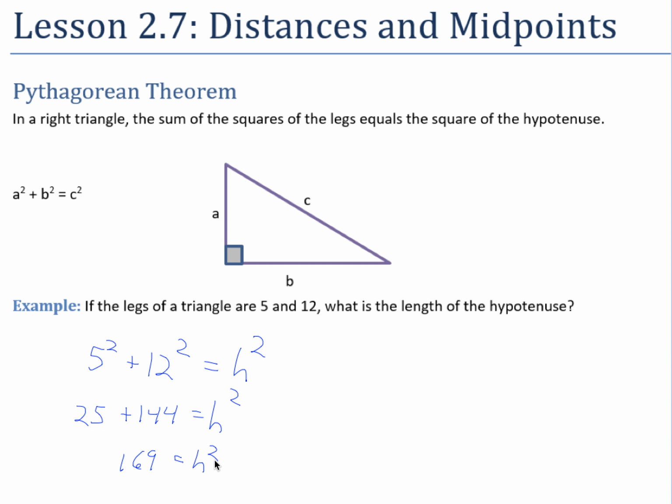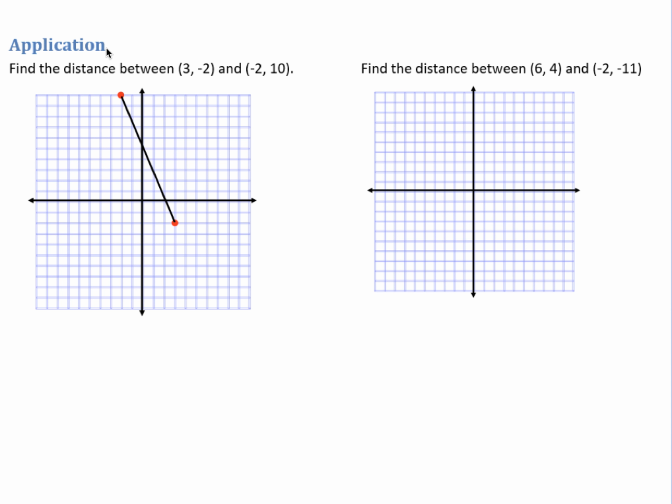And you take the square root of both sides. To undo squared, you take the square root of both sides, and you get h equals 13. So the hypotenuse would equal 13. And that's one example of using the Pythagorean theorem. We're actually going to do that again as we find the distance between 2